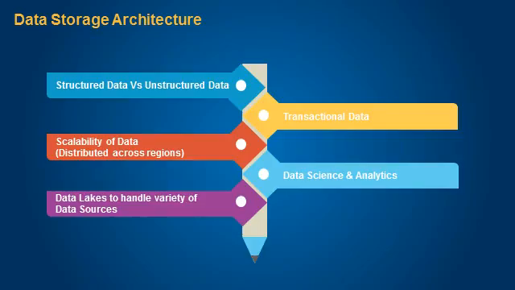The next key aspect is the storage component I talked about. Because in the modern architecture, we are looking at data coming from a variety of sources. Some could be structured data from your traditional components. Now the new thing is it could be unstructured data coming in from various social media. And of course, with the digital exposure to the world, the transactional volumes are increasing. More and more transactional information is getting into the system. So you should have an ability to handle all this: structured, unstructured, and huge volumes of transactions.